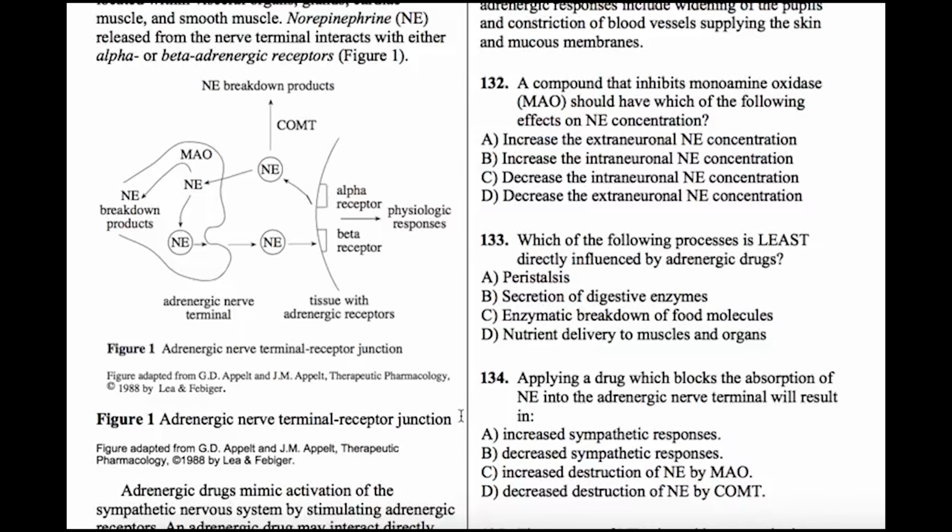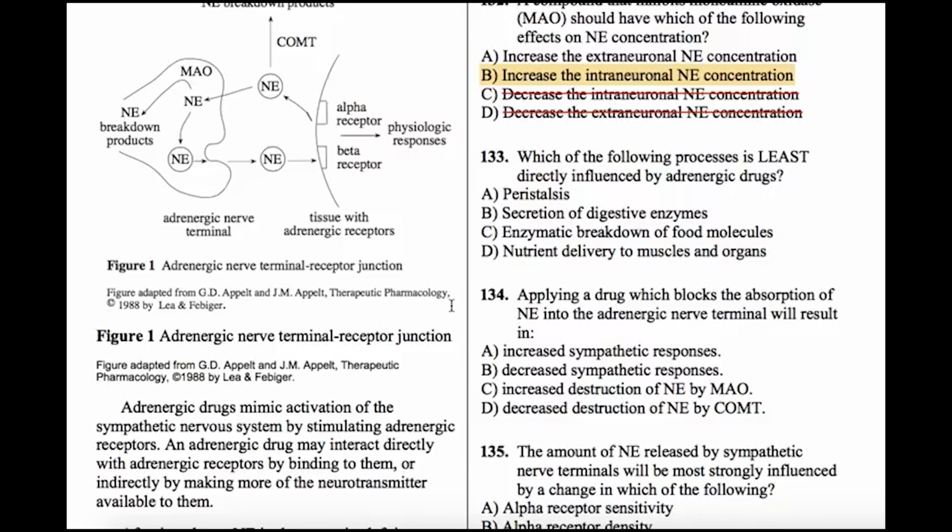They like to dilate the pupils, dilate blood vessels that go to the muscles, but constrict them in other areas that are not necessarily necessary for the fight or flight response, like digestive tissues, right? So we know that things that are going to be affected definitely are things related to digestion and to fight or flight. Peristalsis is going to be inhibited, right? Peristalsis is a digestive function. B, secretion of digestive enzymes, that's also going to be affected. You're going to get a decrease of that.